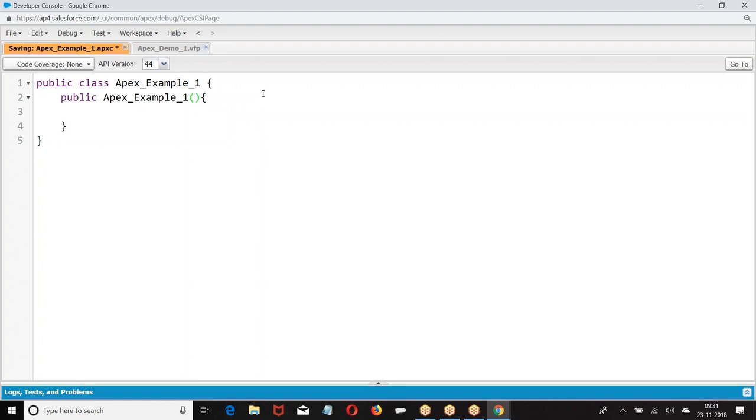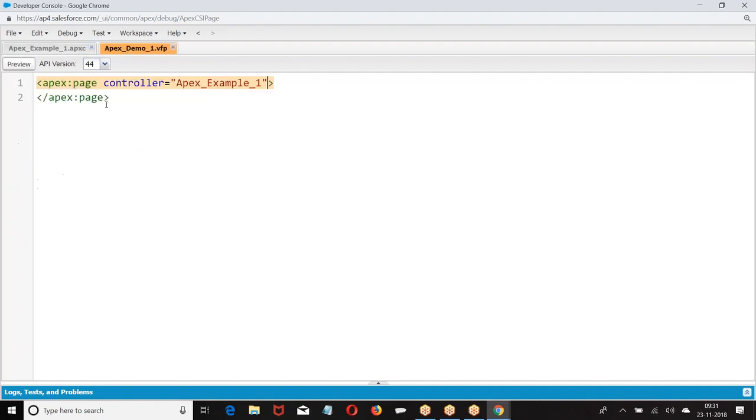Okay. The second point: if you want to refer to any variable, look at the point. I give a public integer. So what is this method giving you? A string, right? Now, whenever I say name, if I call a name, what am I calling? When I call a name in the VF page, let us see what is happening.